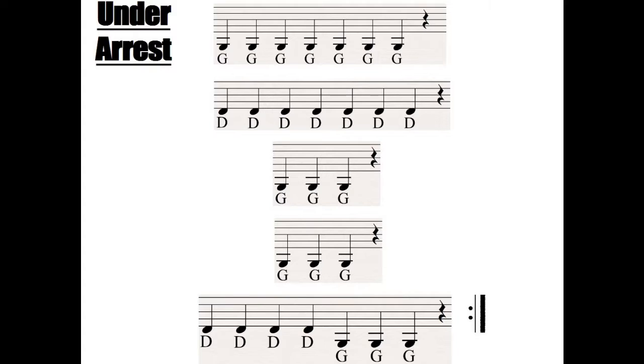And here we go. 1, 2, 3, 5, 6, 7, 8. G, G, G, G, G, G, G. Rest. D, D, D, D, D, D, D. Rest. G, G, G. Rest. G, G, G. Rest. D, D, D, D, G, G, G. Repeat. G, G, G, G, G, G, G. D, D, D, D, D, D, D. G,